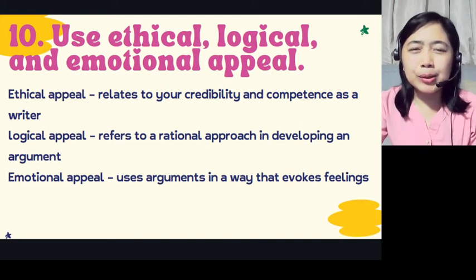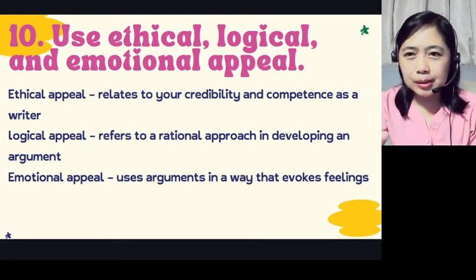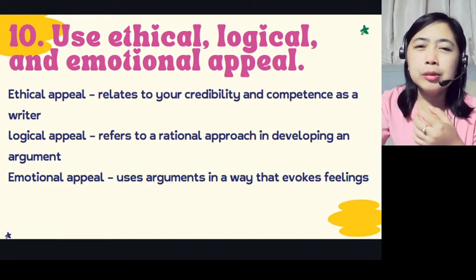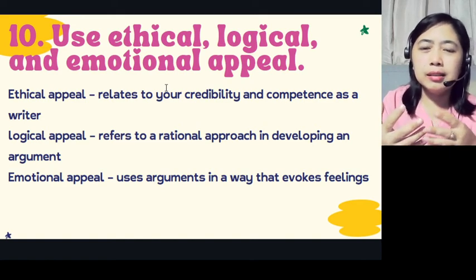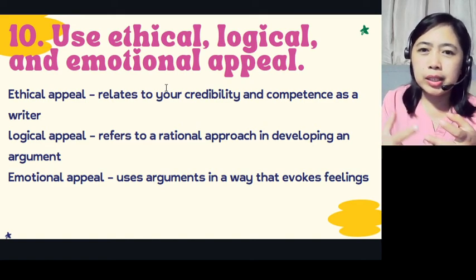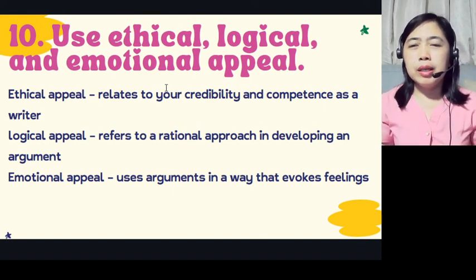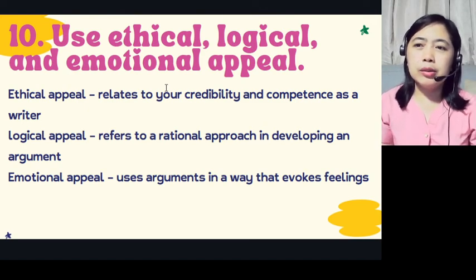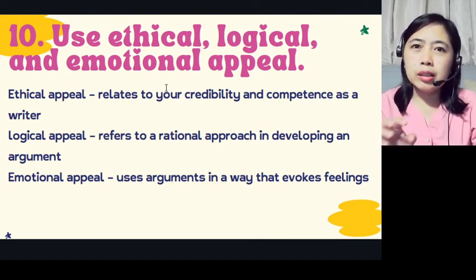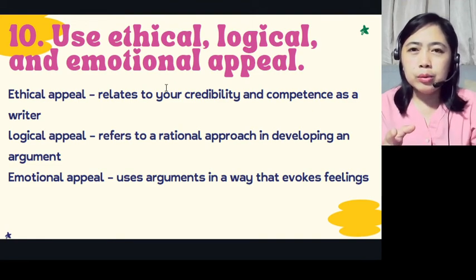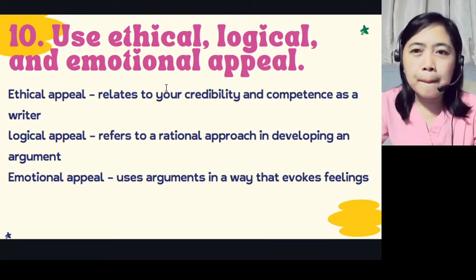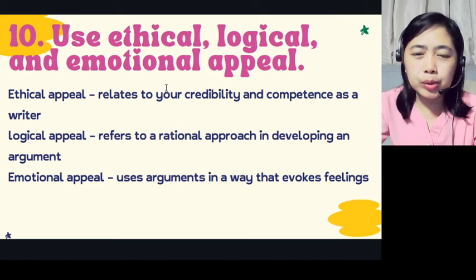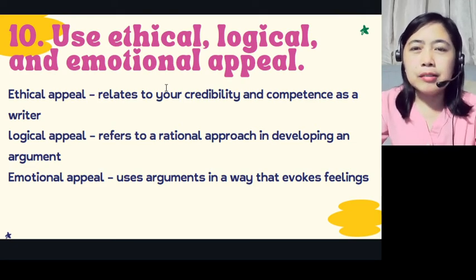Yeah, I'll just add some guidelines, additional tips. You also have to beware of the various positions about the issue and in analyzing or explaining your ideas, in a manner of being objective. It means you don't have to be subjective in your issue, so you have to analyze it in an objective manner.